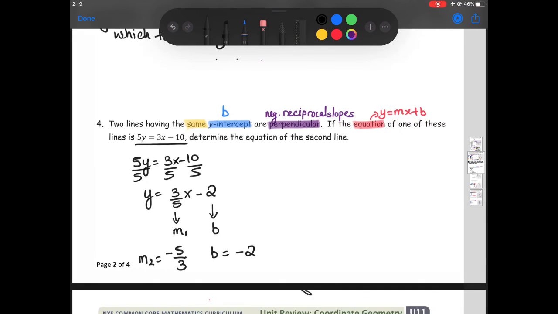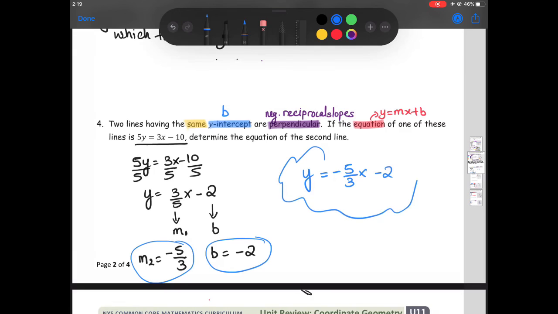So now, once we know this, right, and this, we can write down our equation. So our equation is y equals negative 5 over 3 x minus 2. So that is the equation of the second line with the same y-intercept, negative 2, but they are perpendicular. Okay, so